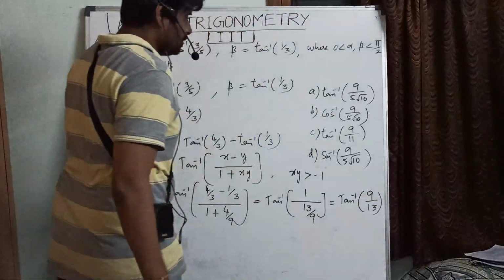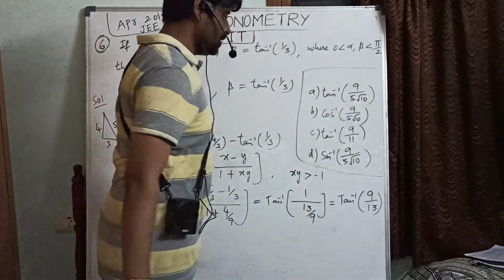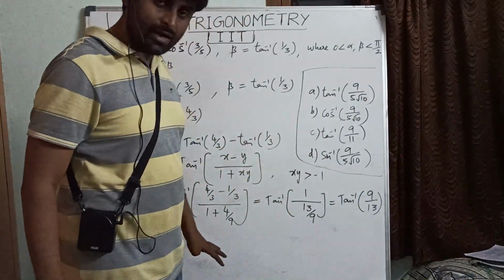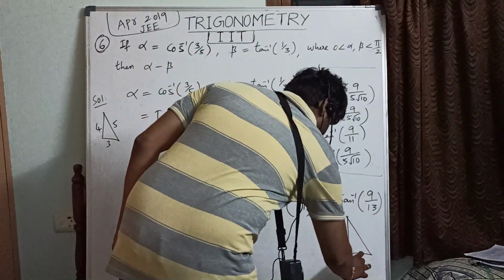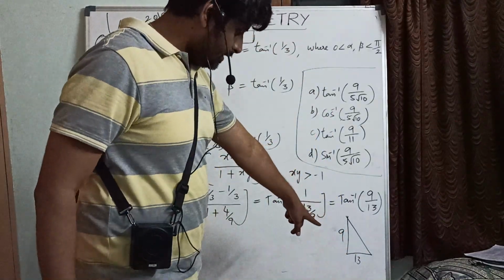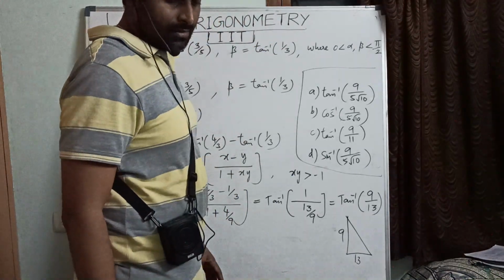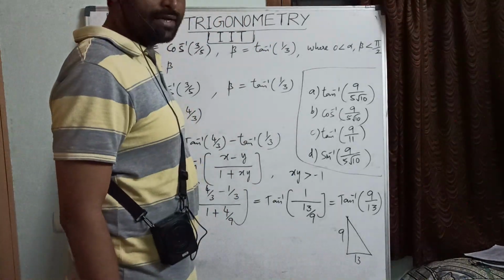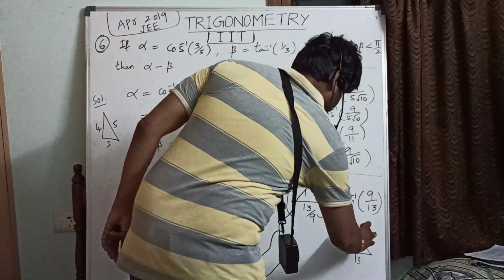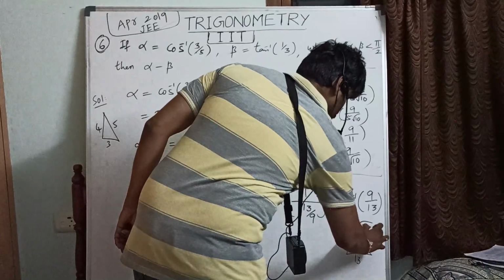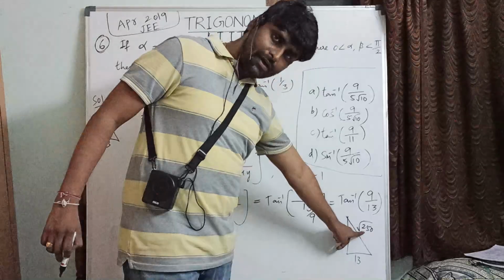Okay. So do we have any option like that? No. Okay. So we can convert to sine inverse or cos inverse. Yes, it's very easy. Okay. So now 9, 13, 169. 9 square plus 13 square. 169 plus 81. Okay. So 169 plus 81, what will you get? 250, sorry. Okay, root 250. So root 250 means 5 root 10. Correct?